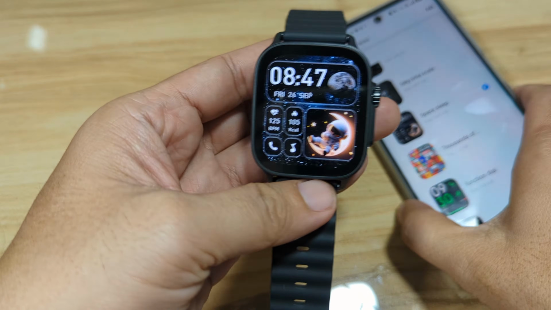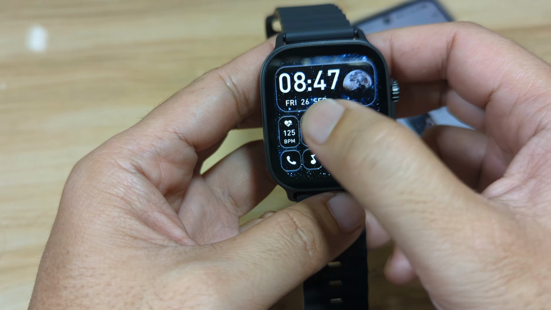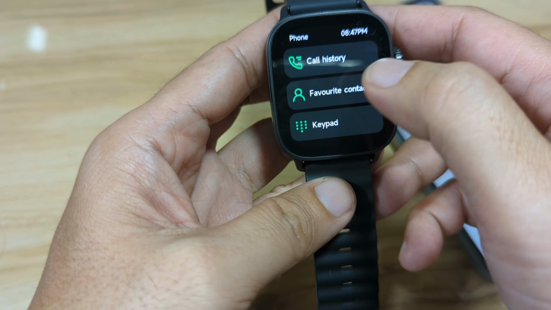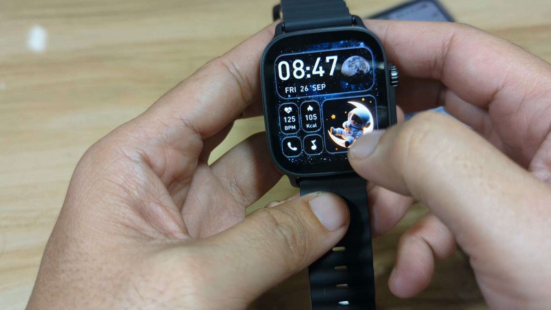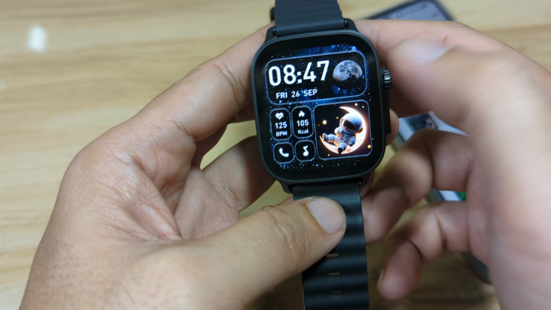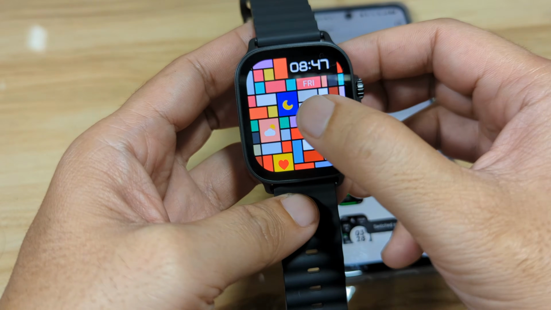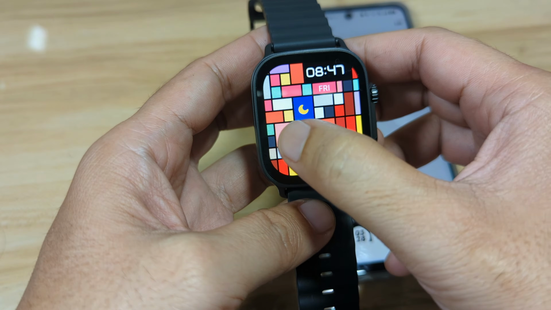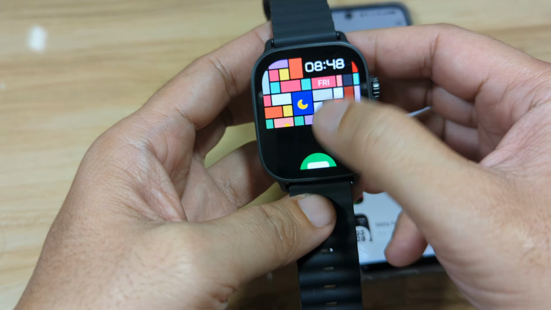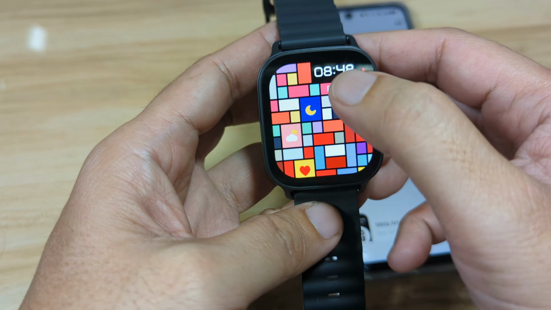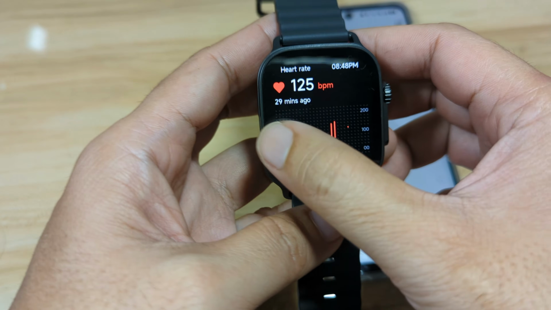For the space, this one works, music control. This one is fixed. We have the Bluetooth call support. Okay, that's it. Only 2 icons here do have a shortcut for the feature. For example, with this one, the thousands, we have here the sleep monitoring, the weather, and the heart rate. Only 3 functions or icons. Again, the sleep, the weather report, and the heart rate.